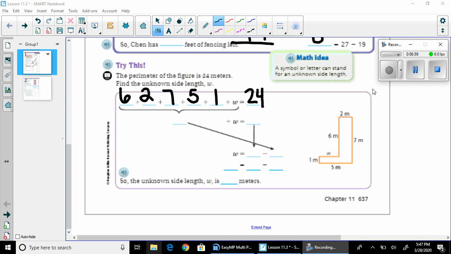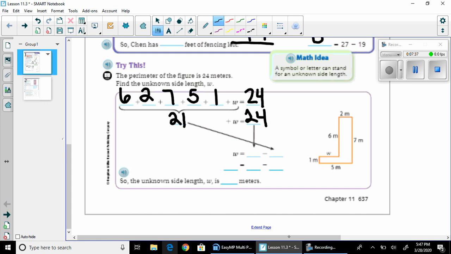Okay, so if you added up your sides from here all the way around until you get into your unknown side, you should have gotten a distance of 21 meters. So we are going to write 21 here. That would be our distance from here on a rectangle all the way around to here. Okay? All right, so to find our unknown side, we are going to take our perimeter, or distance all the way around, which is